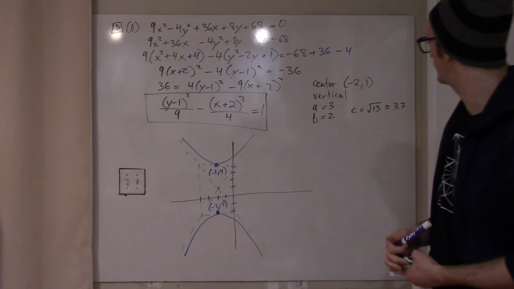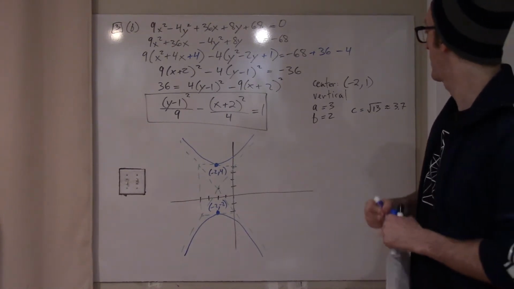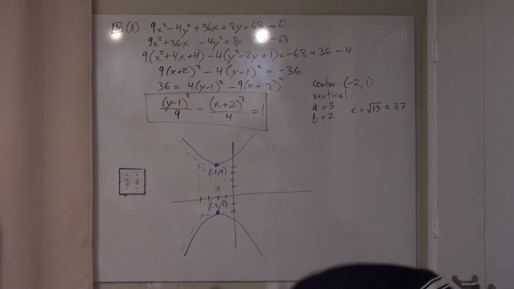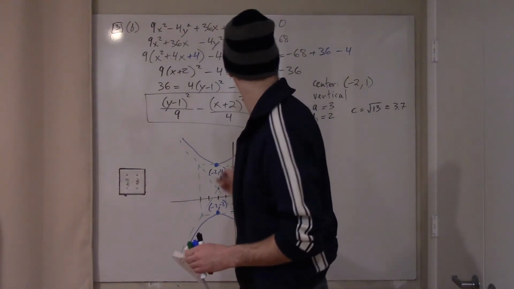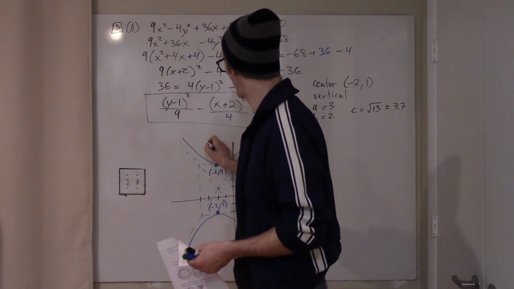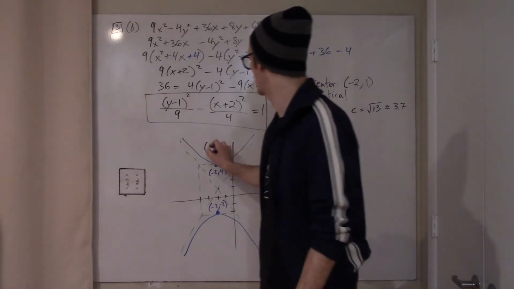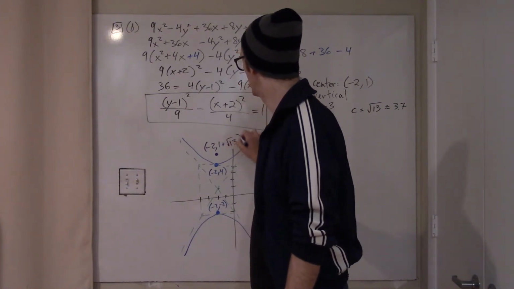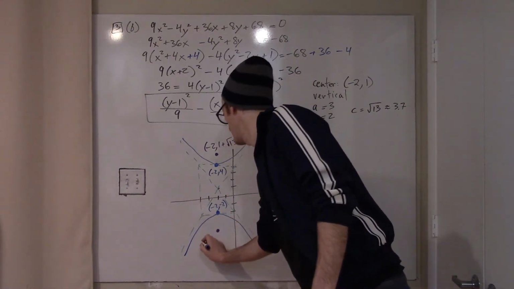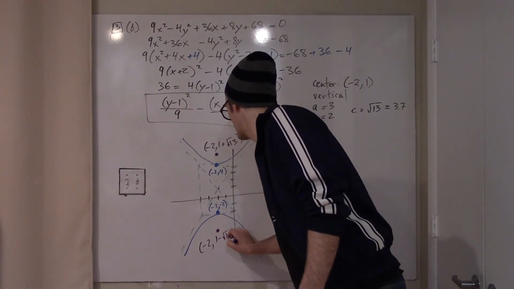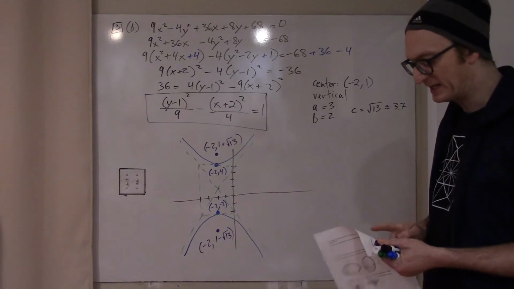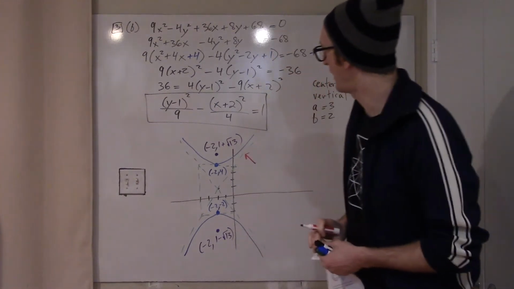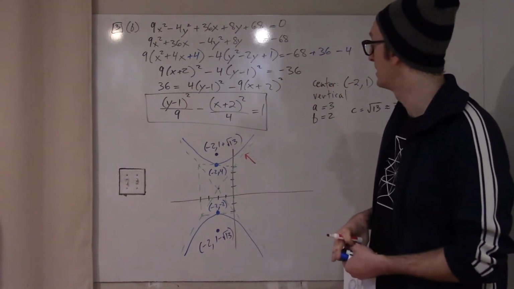One thing more you could say is where the foci are. They're root 13 away from the center, so going to be another bit more out over here. Where is that focus? It's going to be at (-2, 1 plus root 13), whereas the other one down here will be at (-2, 1 minus root 13). And finally, the asymptotes of the hyperbola are going to be lines with slope up 3